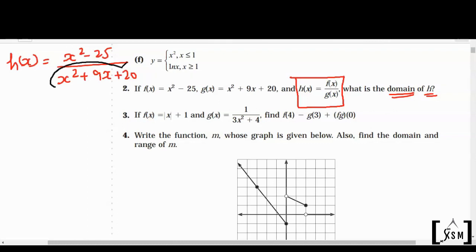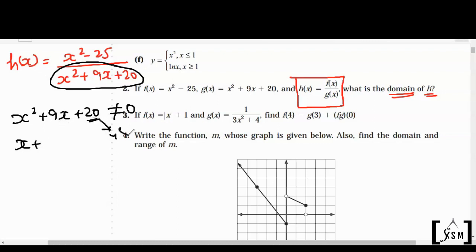To find the domain, we make the denominator not equal to 0, right? So x square plus 9x plus 20 is not equal to 0. Because if the denominator becomes equal to 0, the function is not defined. Okay. So yes, the function is defined for all values of x except this condition. So let's find out this condition. We will factorize that. Splitting the middle term, the factors of 20 will be 4 and 5. And yes, their sum will be 9. So yes, this pair is correct.